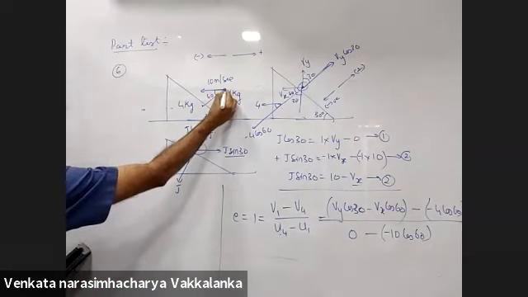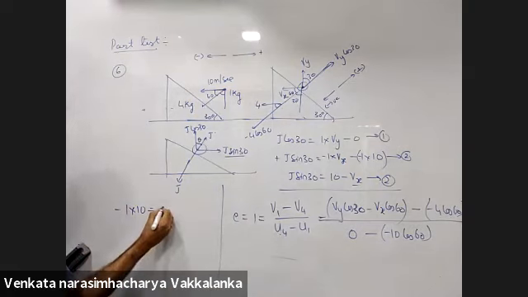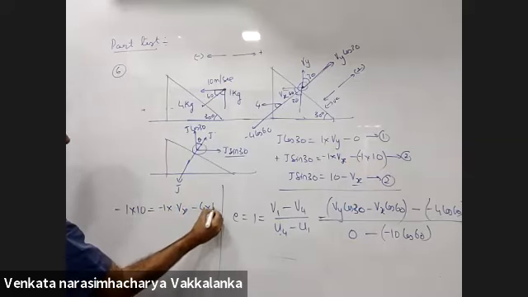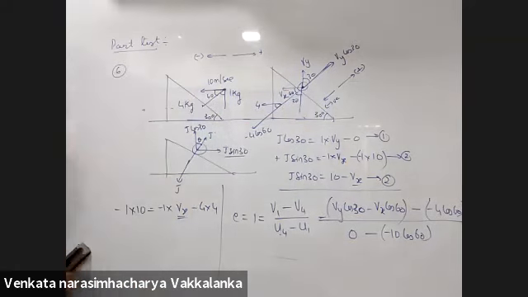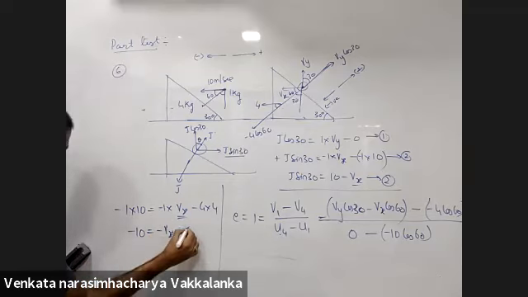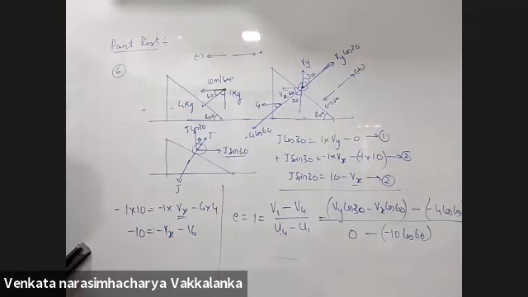What is this mass? This is 1 kg mass into 10 with a negative sign is equal to 1 kg mass into Vx with a negative sign plus 4 kg mass into 4. So am I getting Vx directly? I conserve linear momentum for both in the x-axis. Minus 10 is equal to minus Vx plus 16, since the 4 kg mass after the collision is going with 4. Right? So minus Vx is equal to 16 minus 10. Vx is equal to minus 4.